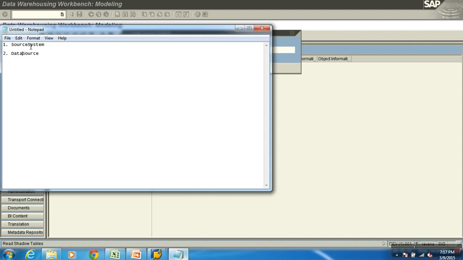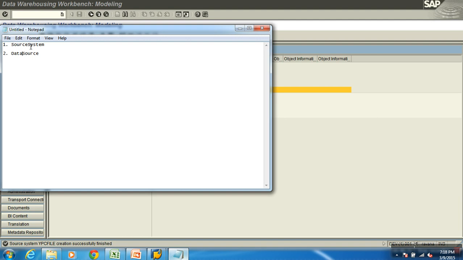Suppose from ECC I am extracting data for billing. You will have information like billing document number, who is the billing customer, what was the date of billing, what is the billing value, when was this billing document changed; all are columns. Suppose I am extracting inventory, stock: material document number, material number, stock inflow, stock outflow, total stock, in which storage location the plant material is available, what is the plant. You will have those kinds of information when extracting inventory data. Right? So when you are extracting from one source, you are getting a different variety of data, and each variety of data will have a different structure or different columns.